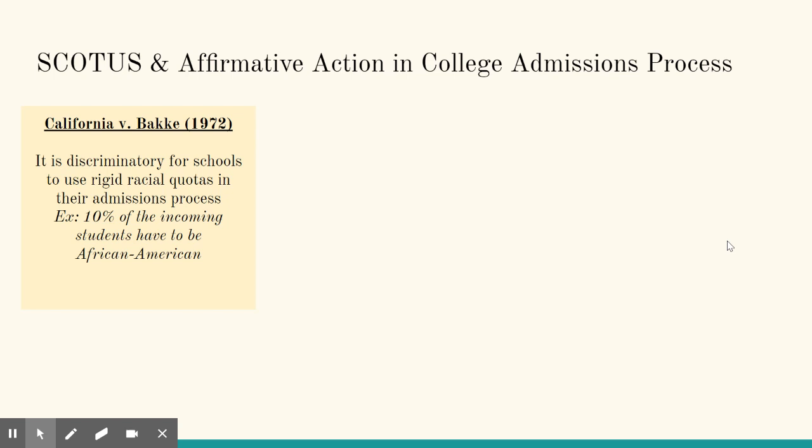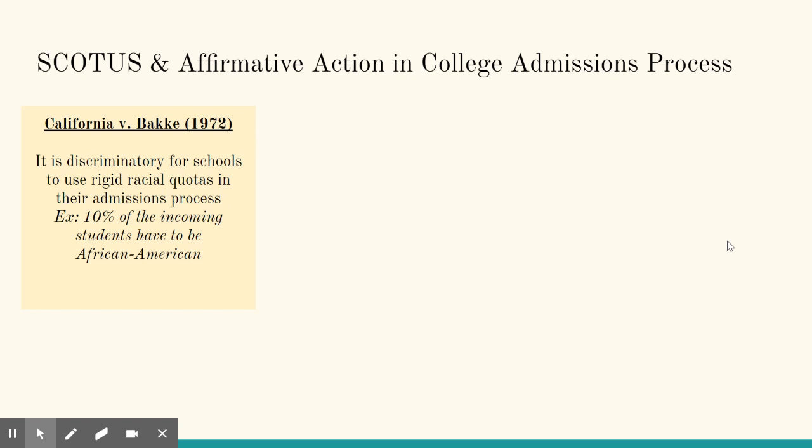For example, you're going to let 10% of the incoming students be African American, X% would have to be Hispanic, X% would have to be Caucasian. You're actually establishing rigid racial quotas. The Supreme Court decided that quotas were unconstitutional and discriminatory, but left the door open that race could be a consideration in the college admissions process. Something as strict and rigid as a quota, having to let a certain number of each group in, they deemed not to be permissible.